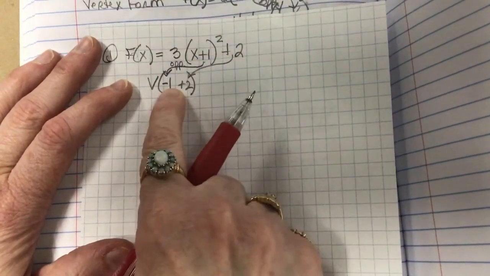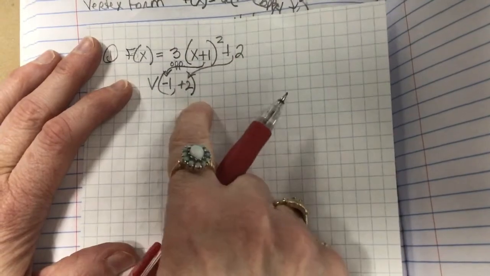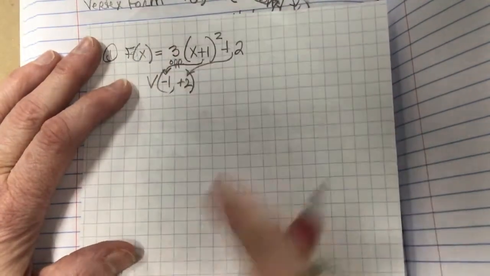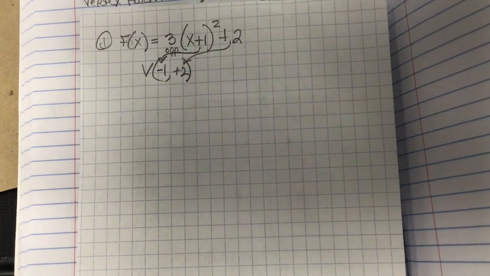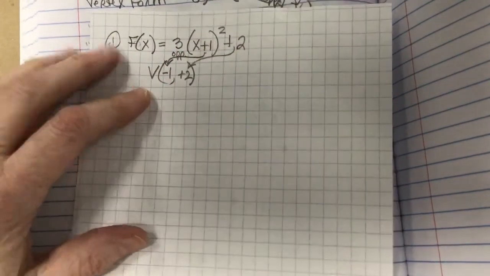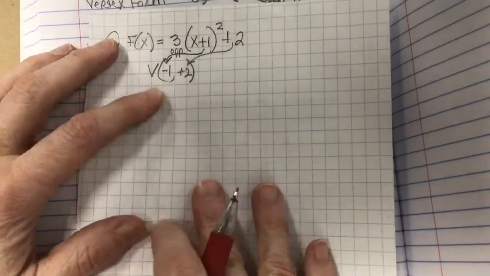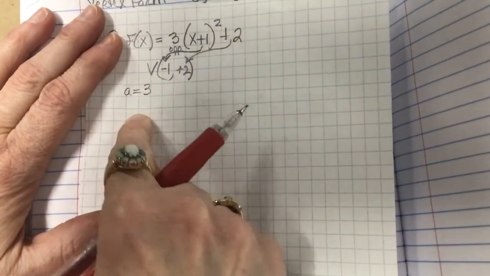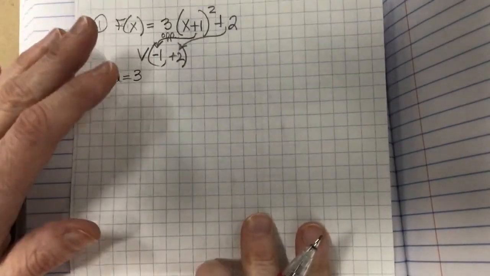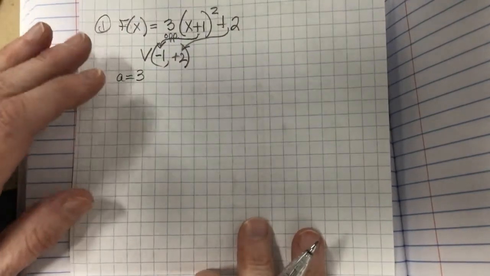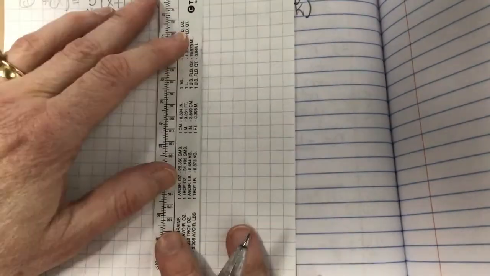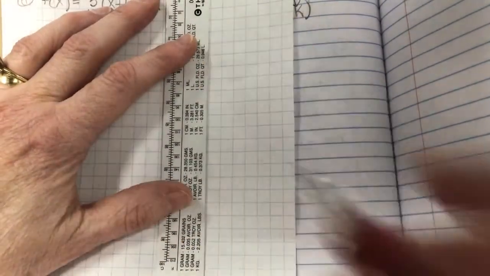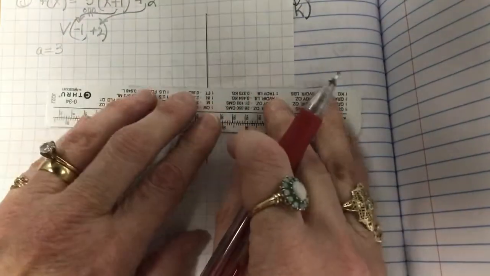So the x gives you the x opposite, and that goes back, if you look into that lesson 23, when we did the inside that absolute value bars, it caused it to be opposite. If it was +1, it went to the left one, that type thing. And the other thing, a is 3, and then we'll come back and talk about how to graph that. It's not slope, kind of acts like slope, but not near like it did in lesson 23. Pretty standard, -1, 2 is not a difficult vertex,